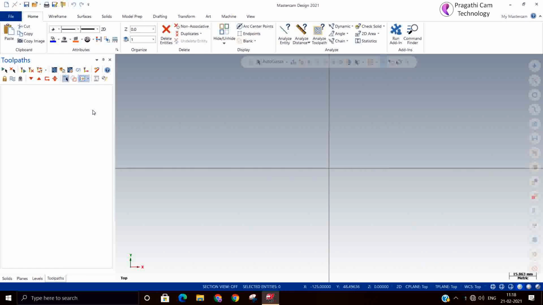Where will this dynamic contouring option be useful? Suppose any job we can do by dynamic machining itself, but what is the necessity of dynamic contouring? Definitely there must be some exact usage. For example, if you are receiving some casting material, and the casting has 5 mm plus stock material, how are you going to machine it? In that kind of situation, only to remove this 5 mm material, we are going to use this dynamic contour machining.